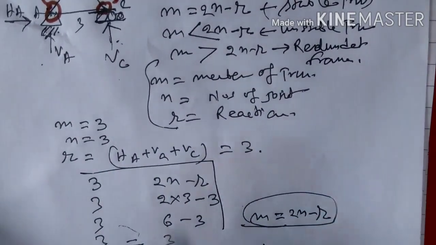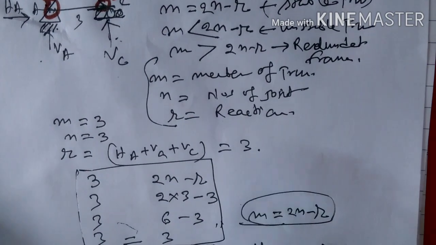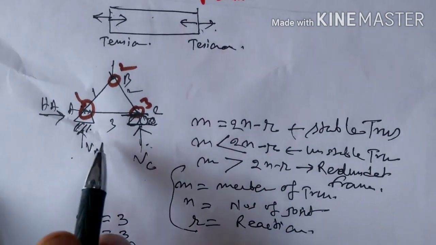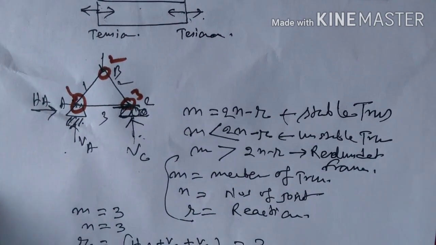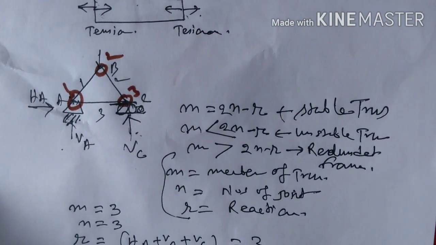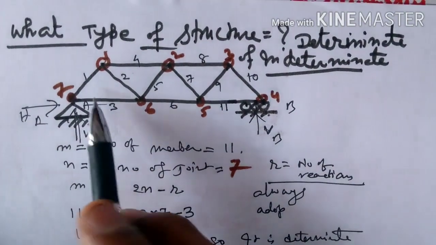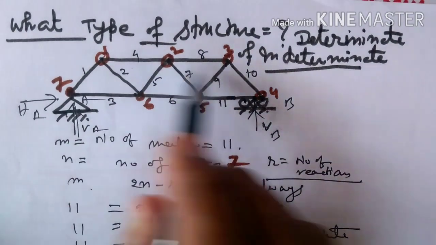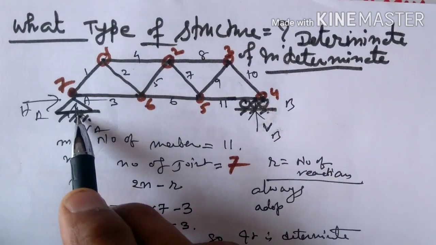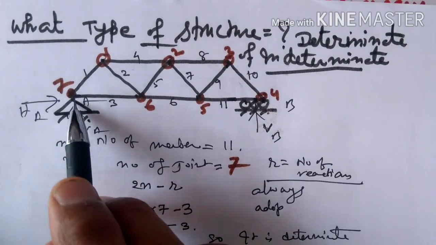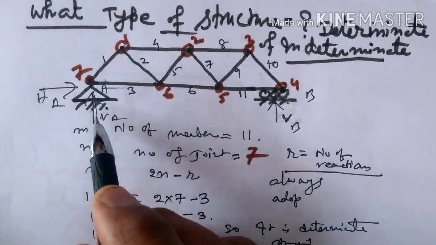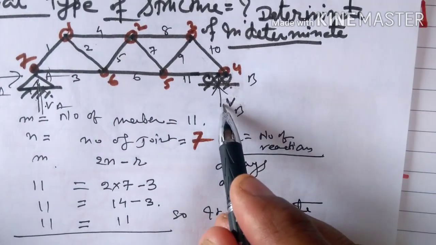Like this you can derive the indeterminacy of the structure, or what kind of structure it is. So this becomes a determinate structure. Now friend, again see this is one kind of structure, a simple truss. One end is supported on a hinge support and the other on a roller support. Due to the hinge support there are 2 reactions and for the roller support there is 1 reaction.